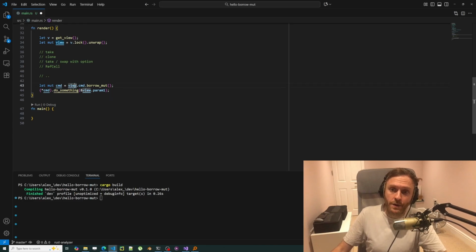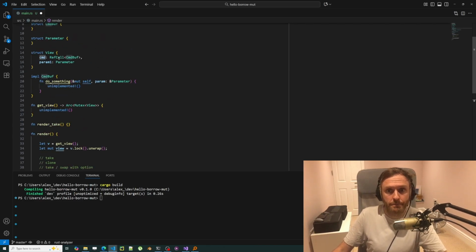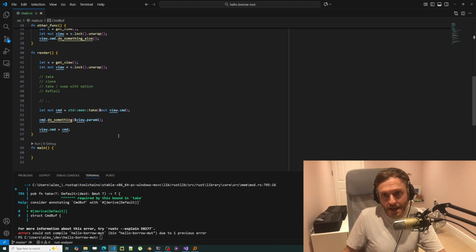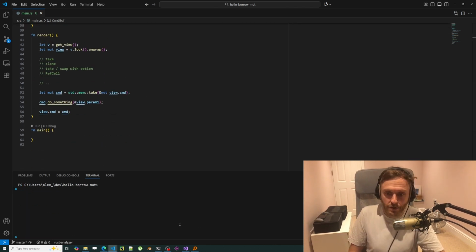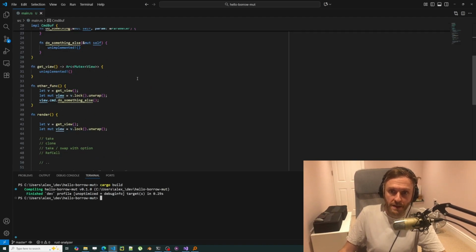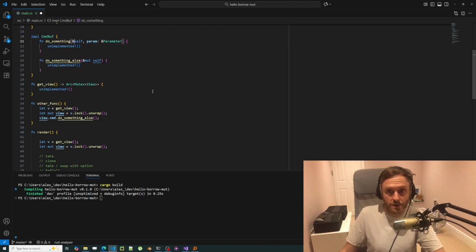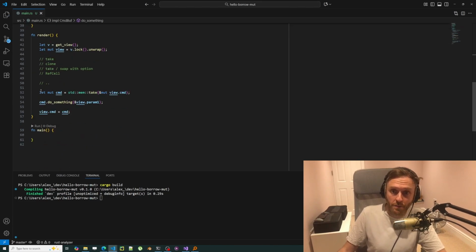So this changes view to a ref cell. And then you have to do borrow_mut, which gives you a ref mut, and then you can deref the ref mut, and then we're good to still call that. So if we have the working take example again, and we consider that we have some other function, this just works, basically. We have to add that code. If this goes back to being immutable,